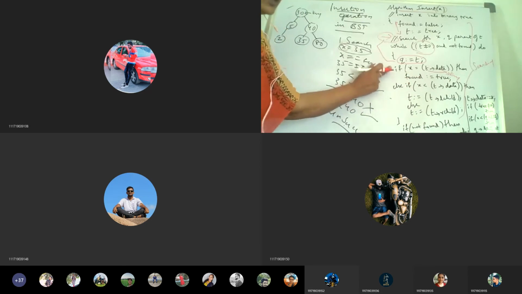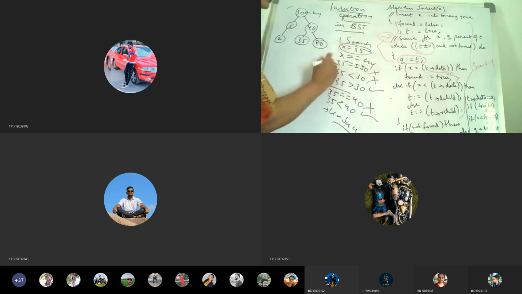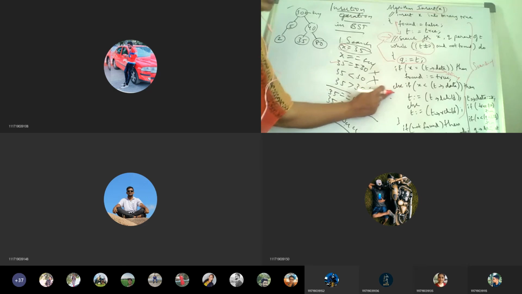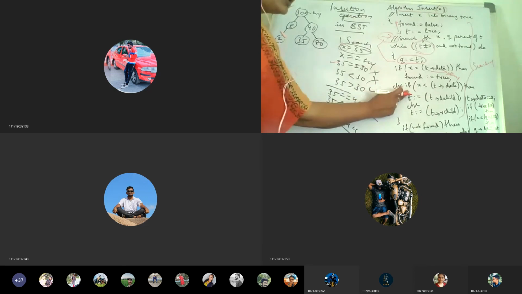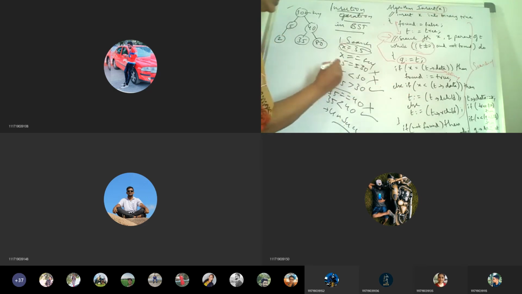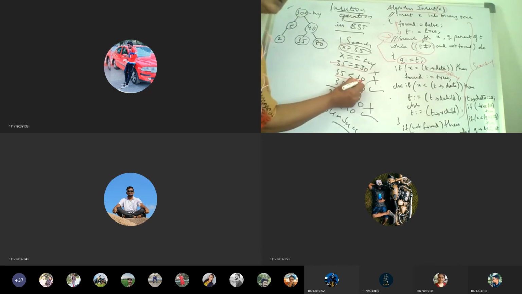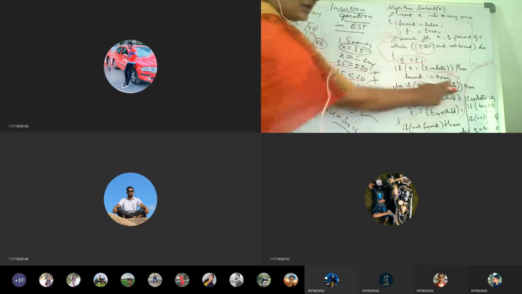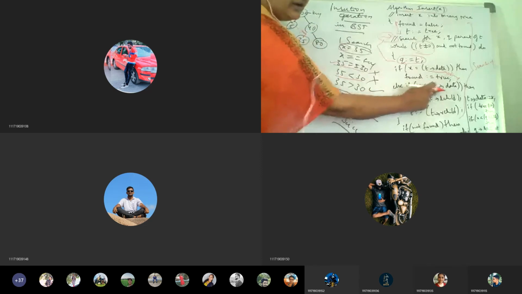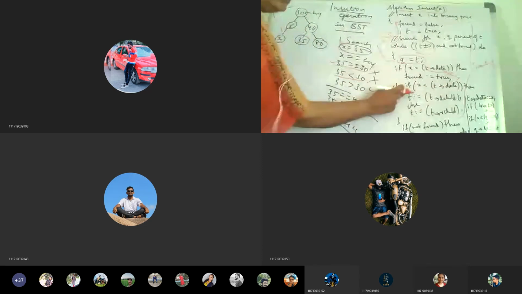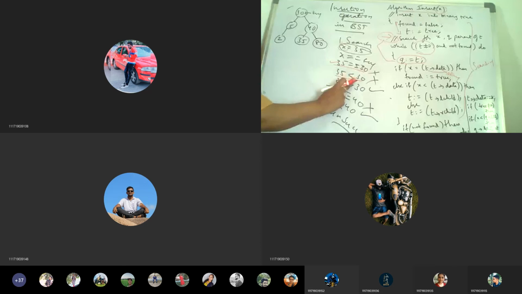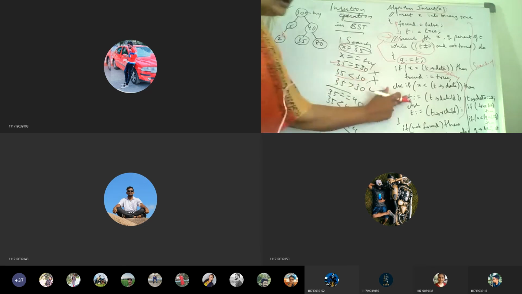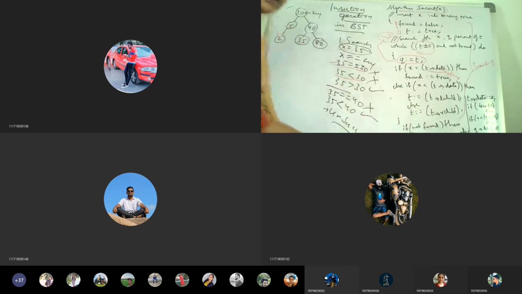If this is false, what will happen? So is this condition true? No. So we have to go to the next condition, else if. So what exactly are we doing? If x is not found at the root, we are going to compare if x is less than the root. Okay. So x is less than t data. This is the root key value we are obtaining by giving t data. And then, if this is successful, what are we going to do? T is equal to right child.